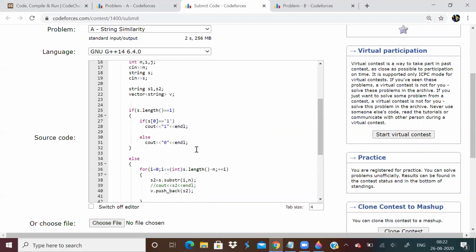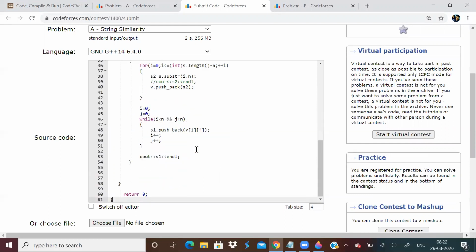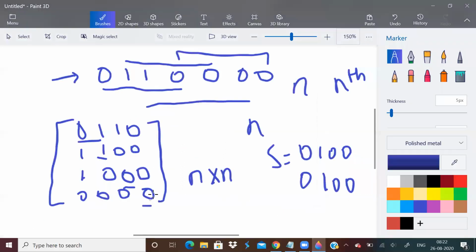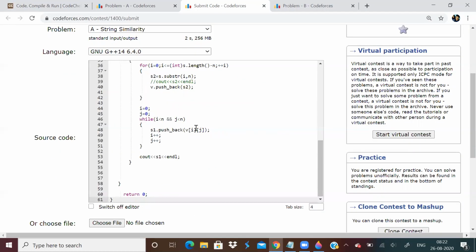After storing it, I run a while loop until i is not n and j is not n, that means until I reach the end of this matrix. I am just trying to take all the diagonal elements. From the first string I take the first character, from the second string the second character, and push it back to the answer. So this string S1 is my answer.